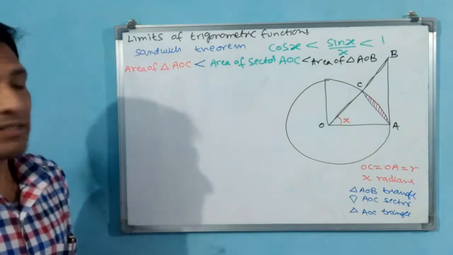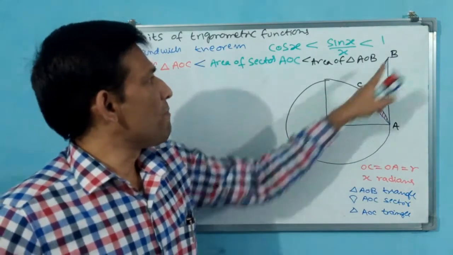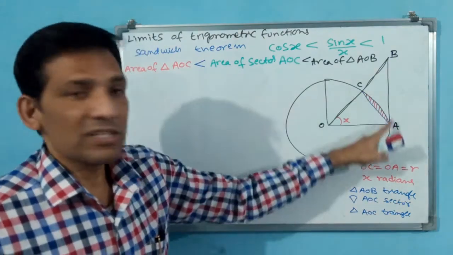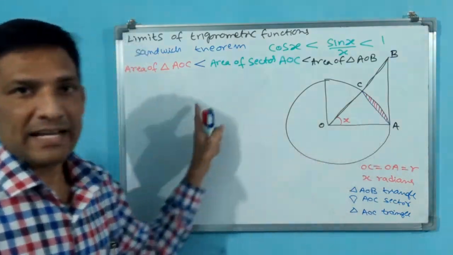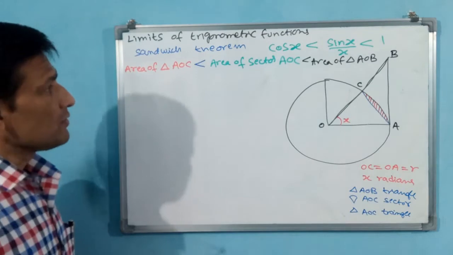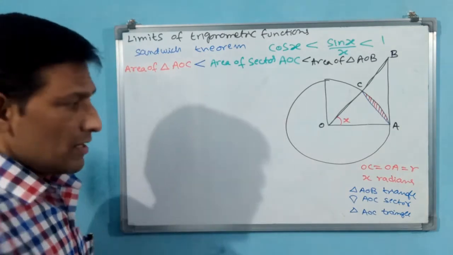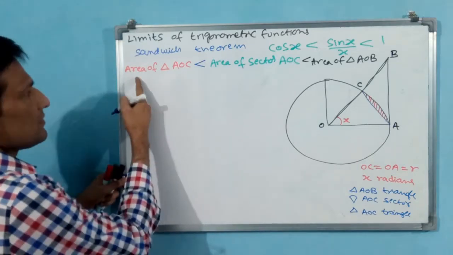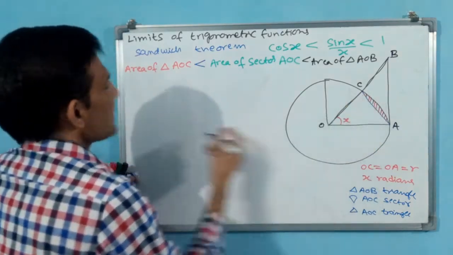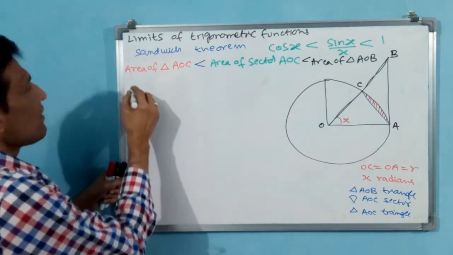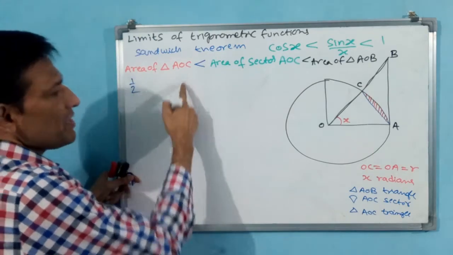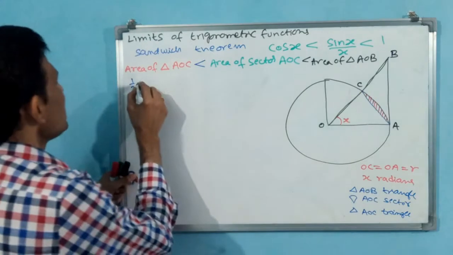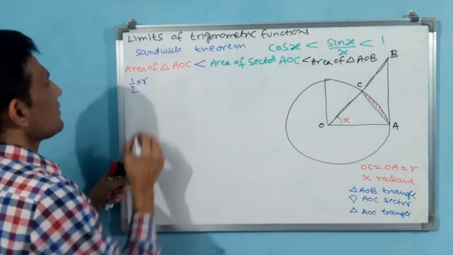First you see, AOB is much bigger. Afterwards AOC sector. Afterwards AOC triangle. Now see, these three formulas we will write. AOB triangle, how do you find? Area of triangle is half of base into height. Base is how much? OA. OA is what? OA is radius. You write area, radius R into